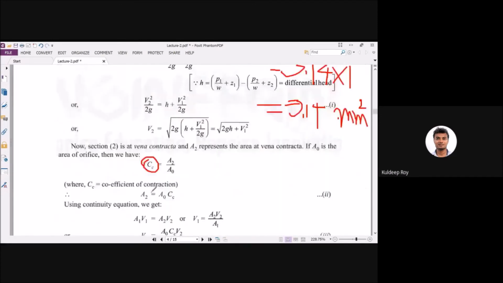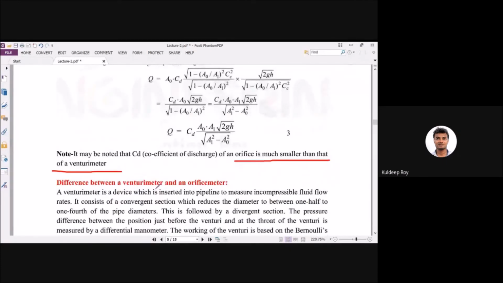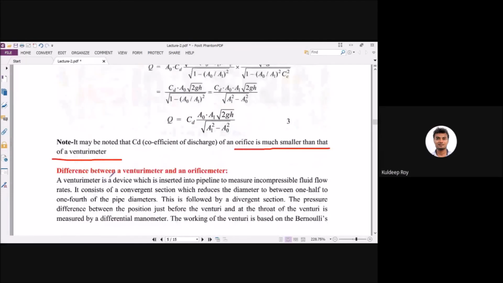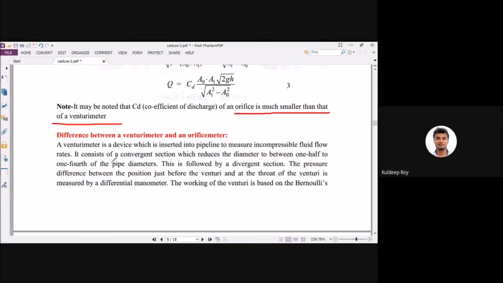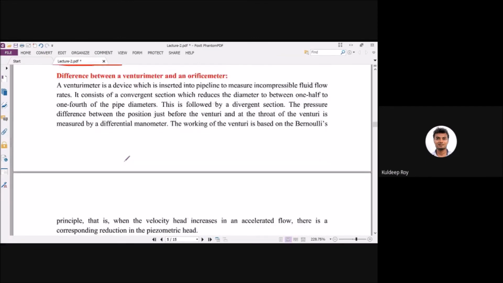If you are designing and want to accommodate an orifice or venturi, then you have to keep this in mind. You have to determine how much the discharge coefficient will be, and how much the flow rate will be for a particular fluid. Now here comes the difference. It is a very good thing to know the differences between venturi and orifice. In terms of energy conservation, in the venturi you get a very smooth convergence and divergence section, so the pressure loss in the case of venturi is much lower as compared to the orifice plate.